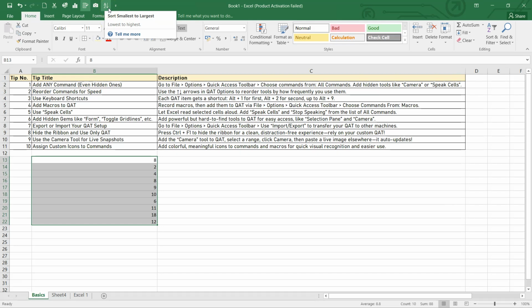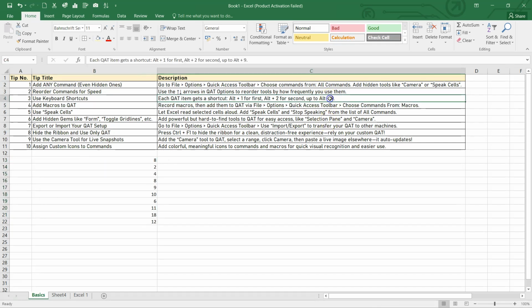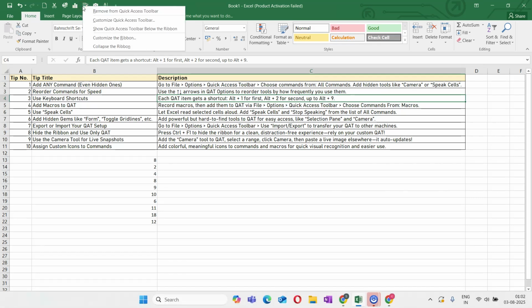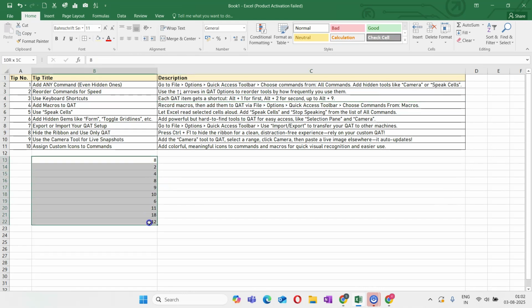So what I need to do is simply select the number 10 with my Alt. Since it is going to be 2 digits, we cannot do it. We can only select up to 9 numbers. So I'll have to remove some of the commands from here. That is also something that you should know. If I remove it from my quick access toolbar, this will become number 9. Now I can do the same. I'll select everything together and press Alt and 9. Now you will see that the entire range is changed into an ascending order.